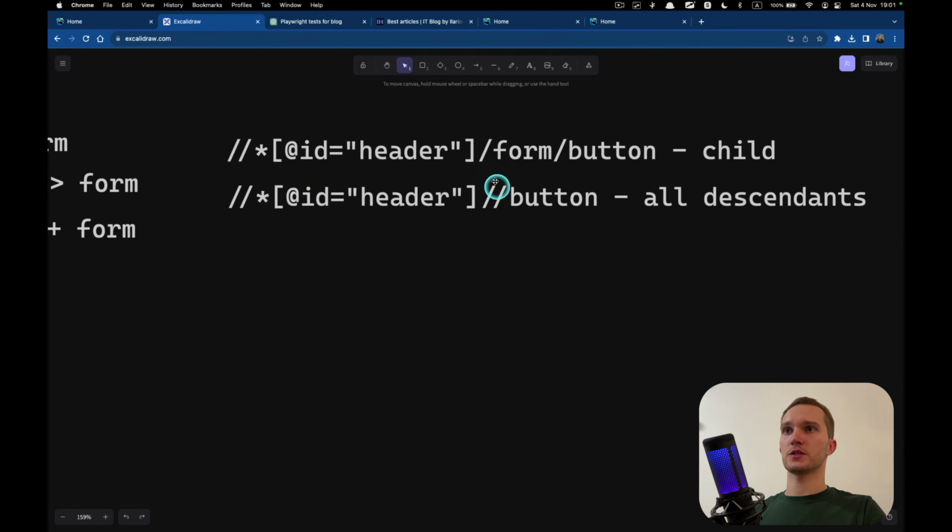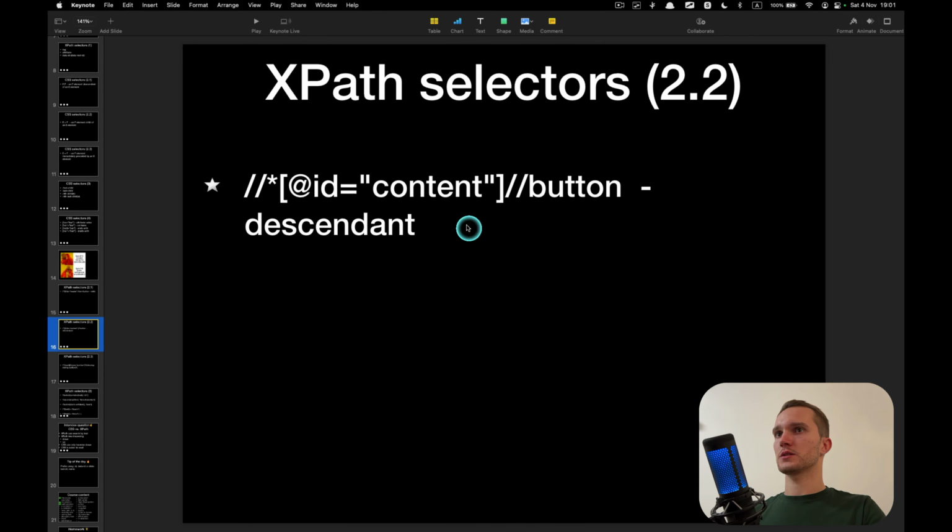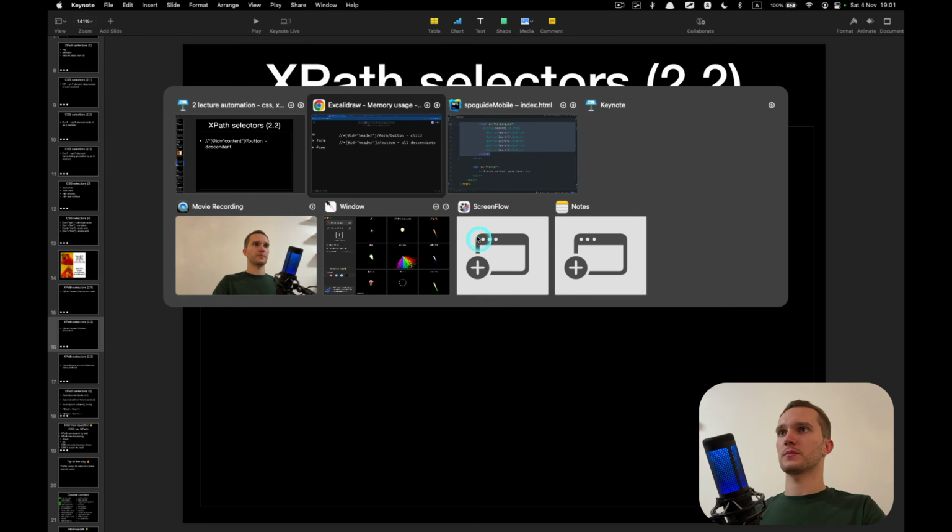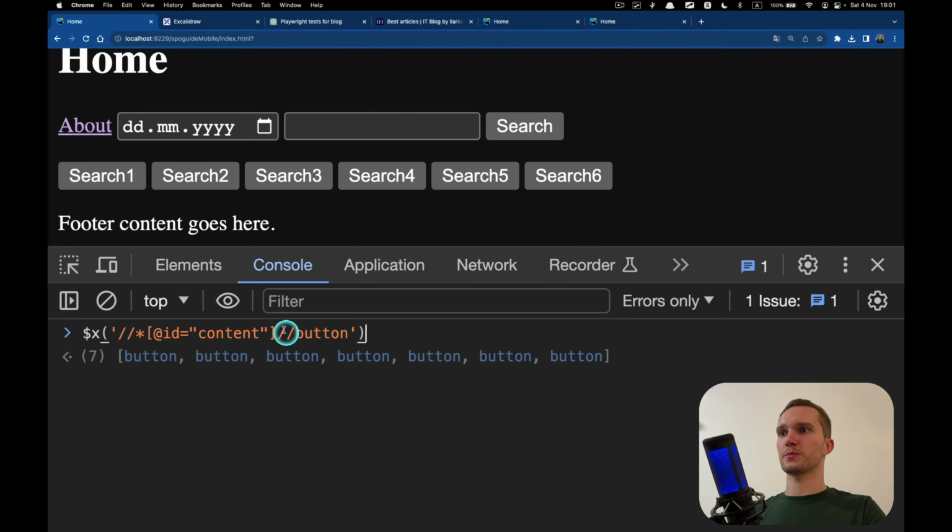You see the difference? Two slashes meaning all descendants. This is exact child, exact child. And this is probably what I have on the slides. Yep, descendant, exactly. And always practice, always practice.